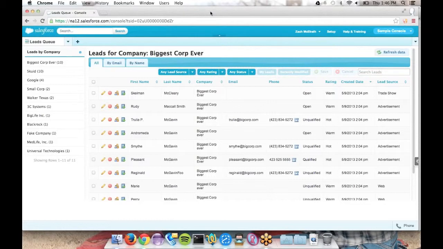Okay, so the chatter feed. We have a chatter feed component in Squid that you can put in, which will show all of the publisher actions that you have defined for a given object. That's just a component. It's always in the context of a single record, and that's similar in the console view.